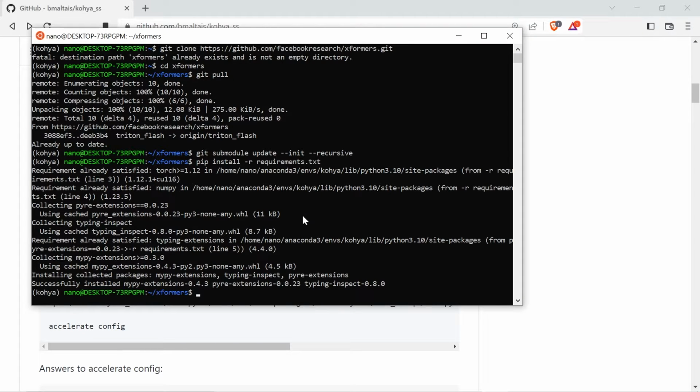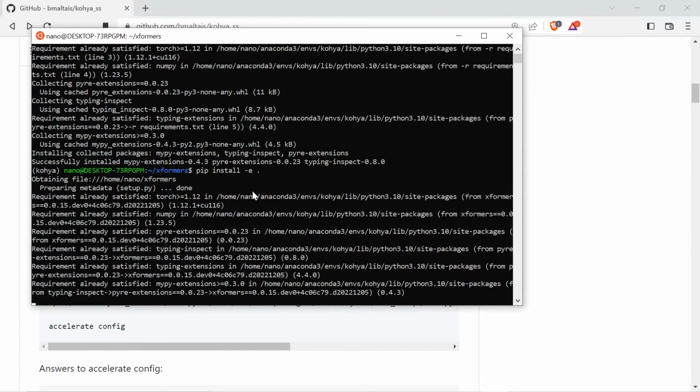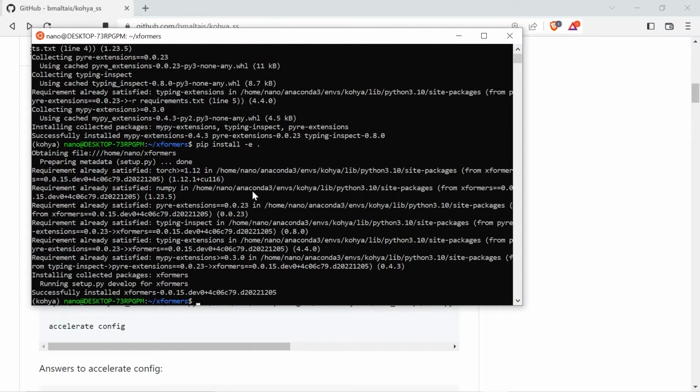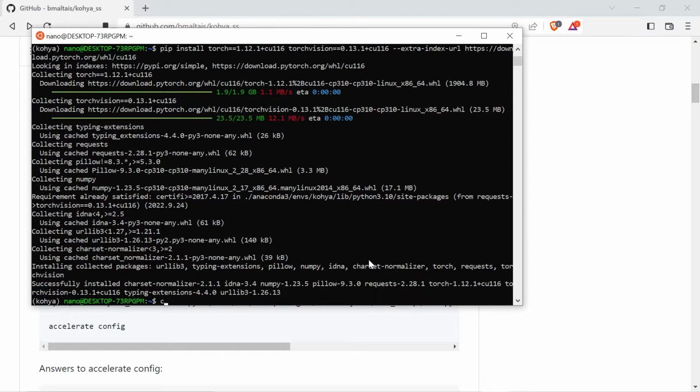Install the xformers project requirements with pip install -r requirements.txt, and then build xformers with python -m pip install -e . The command that you see on the screen could cause the project to be installed to the incorrect Python version if you have multiple versions installed in your system. If the project fails to build or install correctly, you can try calling the build script directly with python setup.py